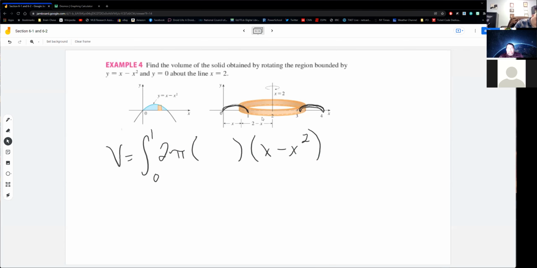The radius is, we're starting off at 2. So we still have the x, but it's going to be 2 minus whatever x is. So if I'm right at this point here, it's going to be 2 minus 1. If I'm at this point right here, it's going to be 2 minus a half. If I'm at this point right here, it's going to be 2 minus a quarter. So my radius is 2 minus x